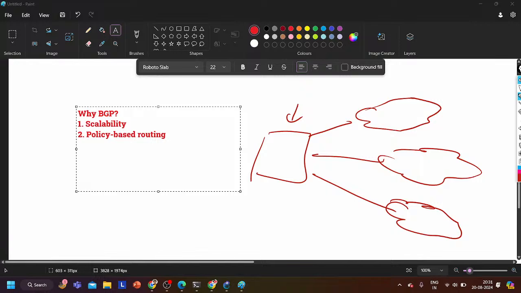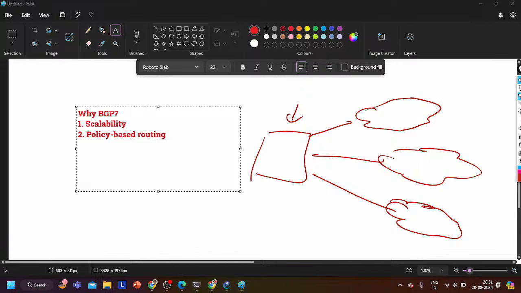What is an AS number? Autonomous system: the number of devices, a group of devices or group of networks that come under a single administrator or single organization. Why is this the definition of an autonomous system, guys? Because the routing policy within an autonomous system on all routers is going to be the same. All routers are going to decide the best path by using the same process, right?